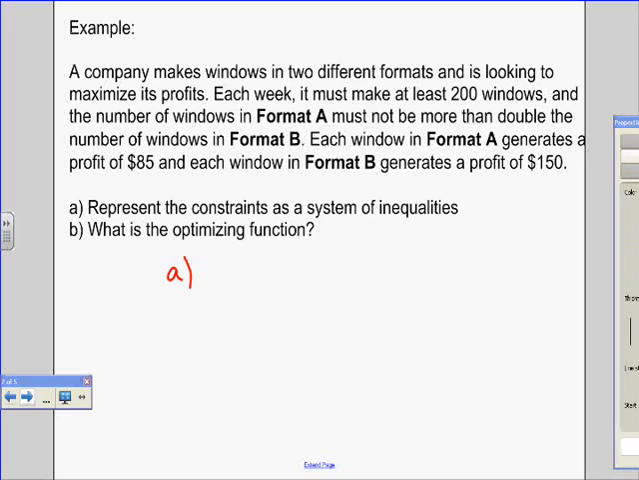Whenever we're trying to figure out our system of inequalities, we're going to look at our information here. We know that we have to make at least 200 windows. So if we say that X is our format A